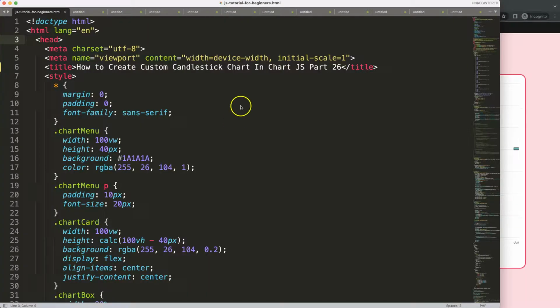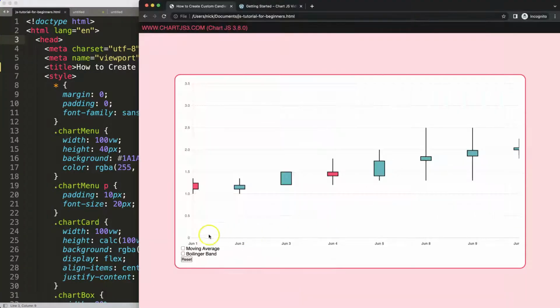So what we're going to do now is we're going to continue on, and we want to make another indicator, and this indicator will be basically part of the chart itself. Well, we have these options. Now we're going to put a new chart within here, or basically we're going to stack another chart within the existing chart. So what we're going to make here is the RSI, or the relative strength index indicator, and that